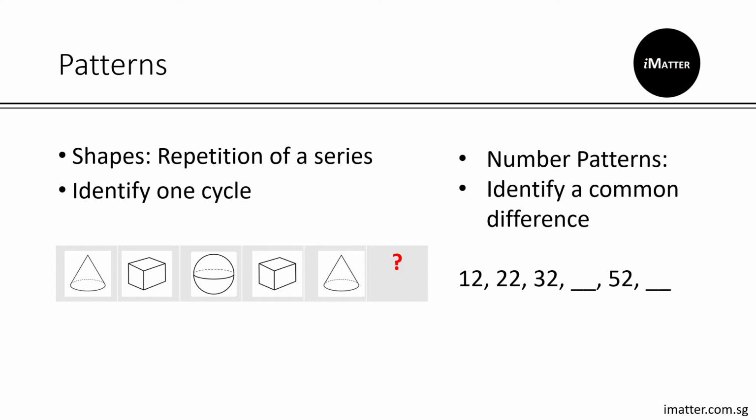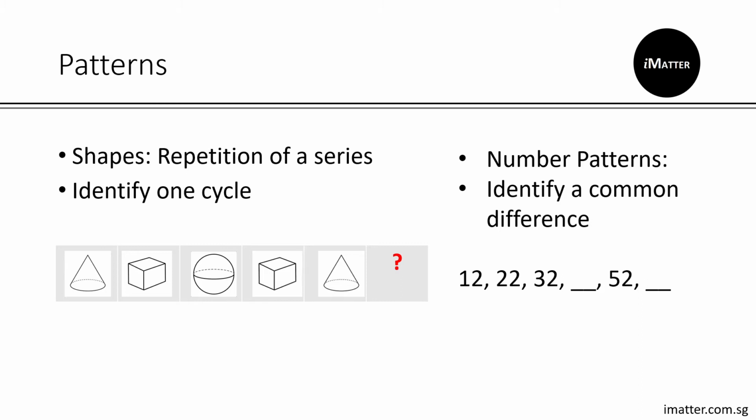So looking at the one we have on the left, you can see that there are a series of shapes. Now, where do you think the one cycle stops at? The one cycle stops actually when the first image is repeated yet again. So that shows you the start of the next cycle, and the one before it is considered as one cycle. So you can see that there is a cone, a cube, a sphere, another cube, and then lastly, a cone. Now you can see that a cone is the first image given in the pattern. So you know that that is the start of a new cycle, and the ones before is